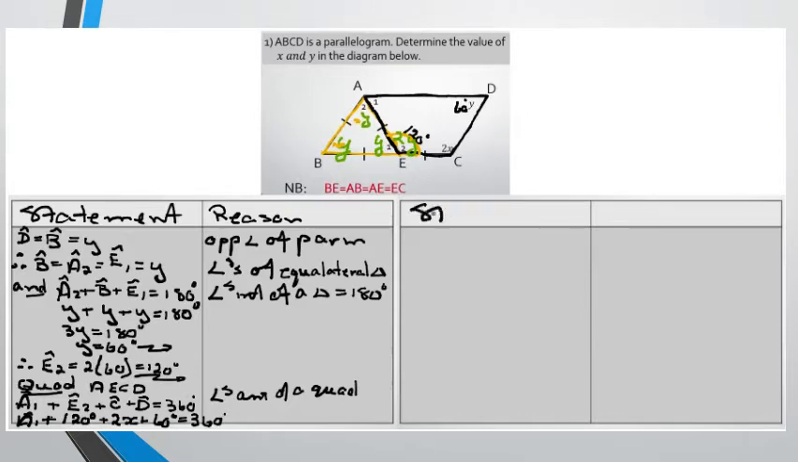Let me just quickly put here statement and reason. So therefore, on the left, I'm going to have then angle A1 plus 120 plus 60, going to leave me then with 180 degrees plus the 2x equals 360